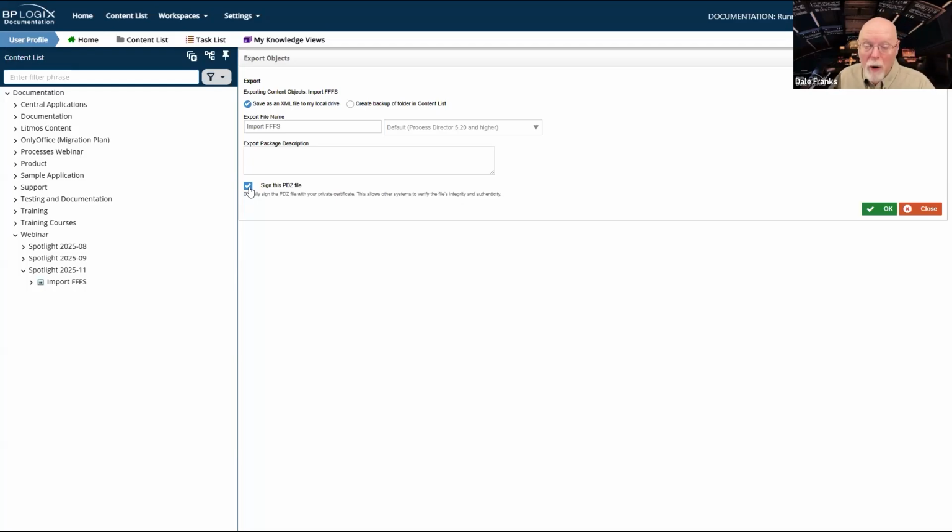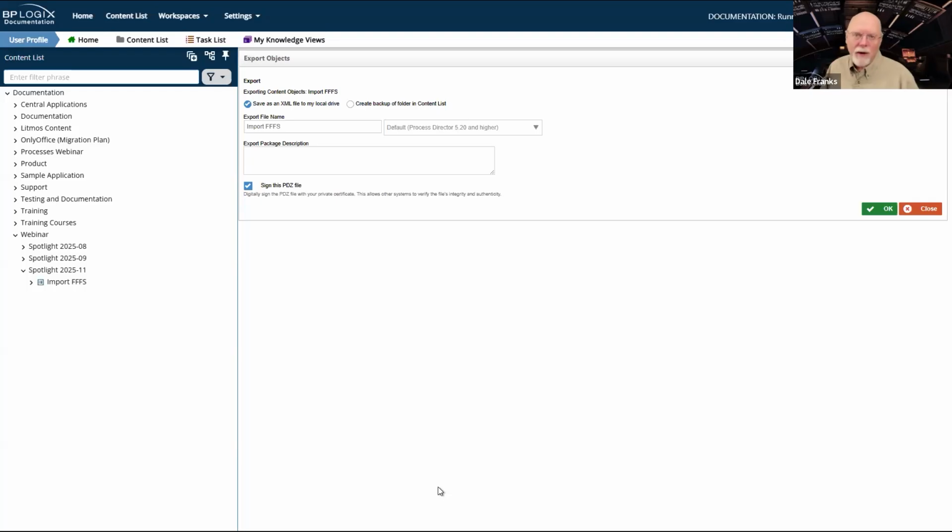But once you have a private certificate, you can check or uncheck it depending on whether or not you want it signed, but the default will be to have it checked to provide a digital signature for the PDZ file. It'll sign it with your private certificate, and other systems can then perform an authentication on that file with the public certificate whenever they import it.